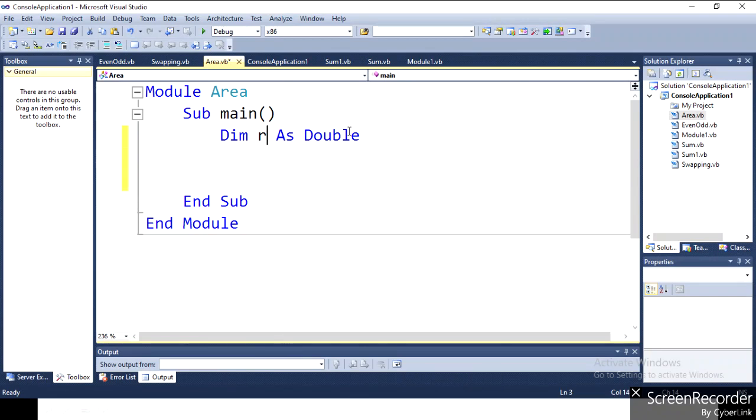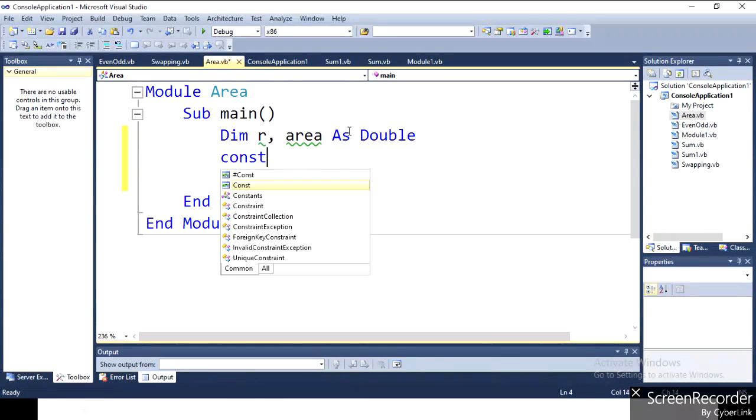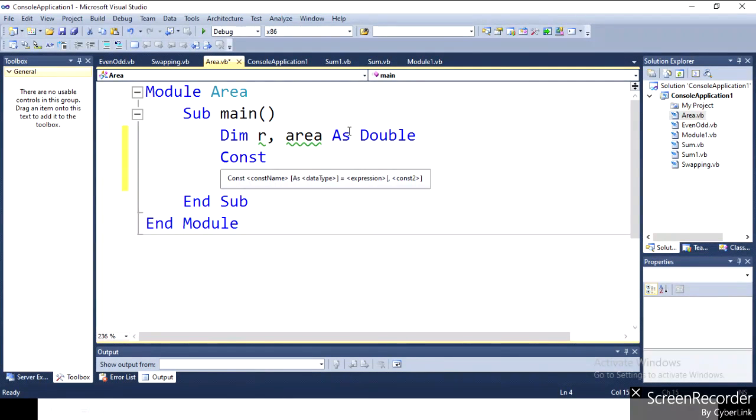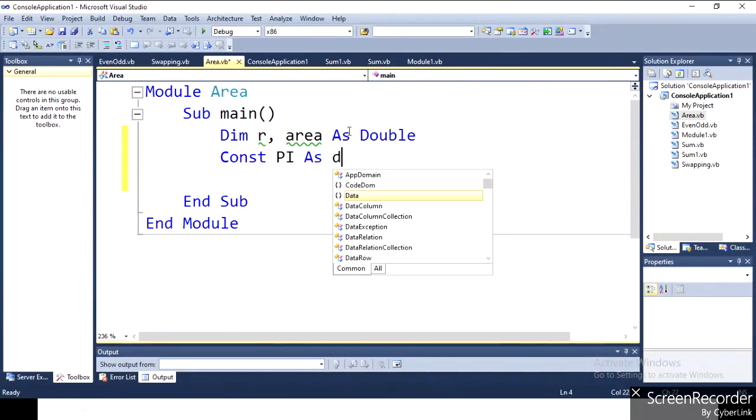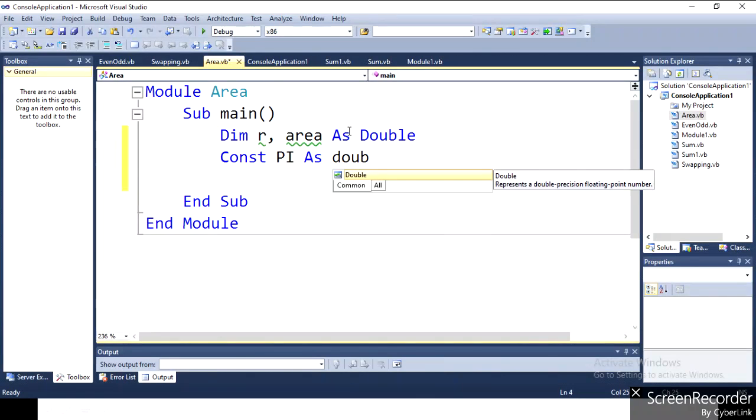And I also write a second variable which stores the answer, area, As Double. Now I declare one constant variable pi. So I write Const pi As, data type is optional here, Double = 3.14.